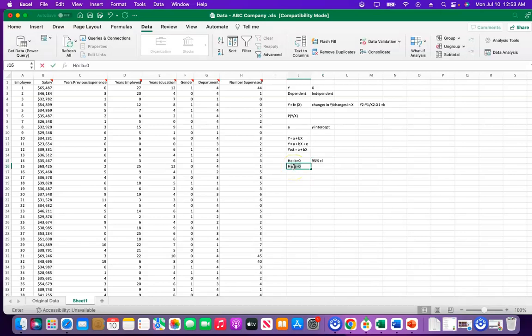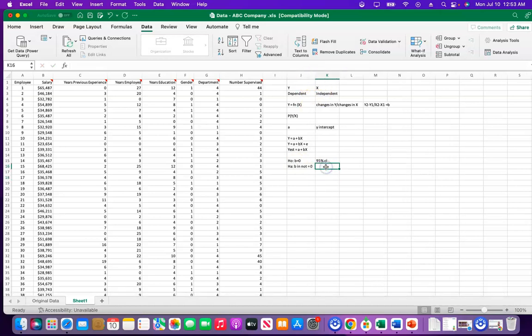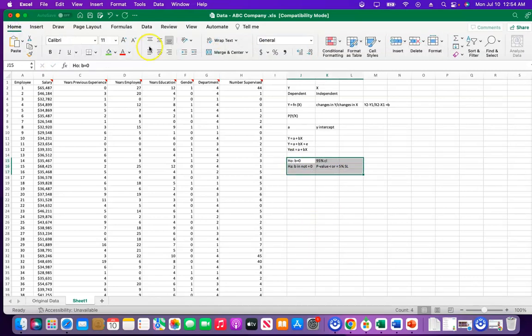And we can write the alternative hypothesis, where the slope is not equal to 0. It is significantly different from 0. We can support this by the probability value, which is less than or equal to the significance level, which is 5%. And let me highlight this. We can test this hypothesis